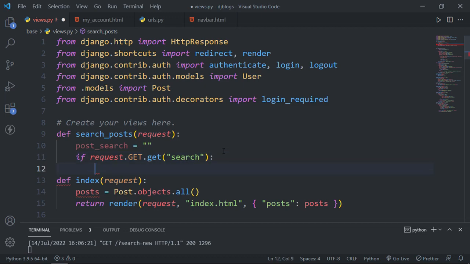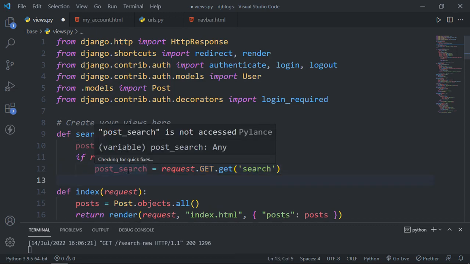After that I will override this variable post_search equal to request.GET.get search, and I have to make this GET uppercase. So if there is search in the request, then we will store the value of search, which will be in the get request, in this post_search variable,